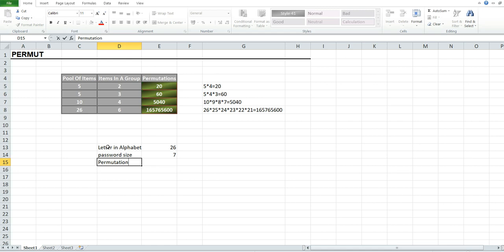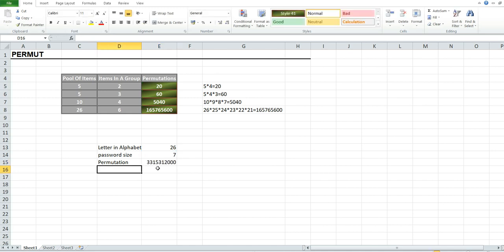The permutation will be PERMUT of 26, comma 7.